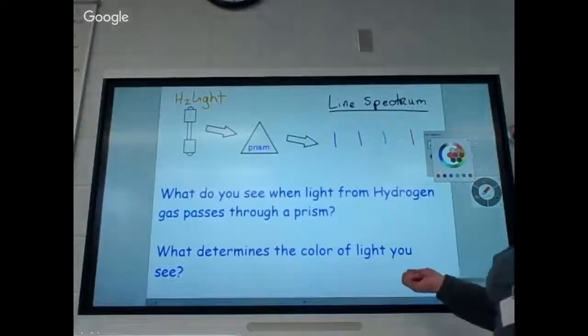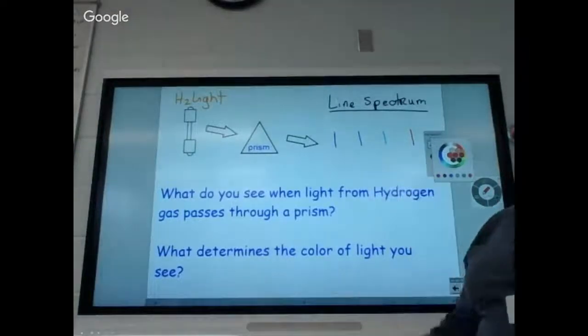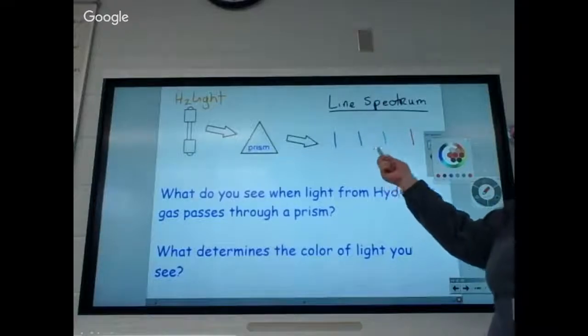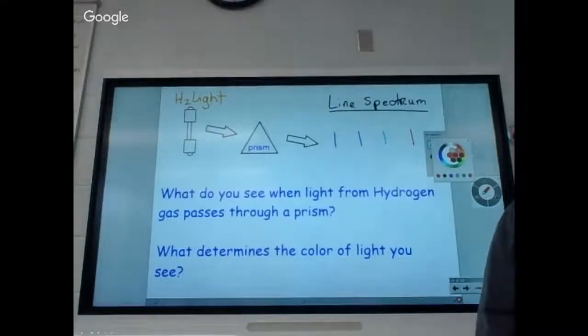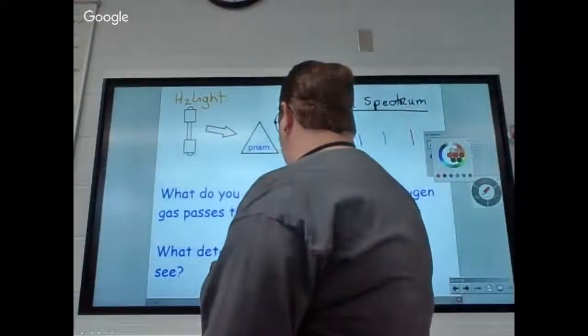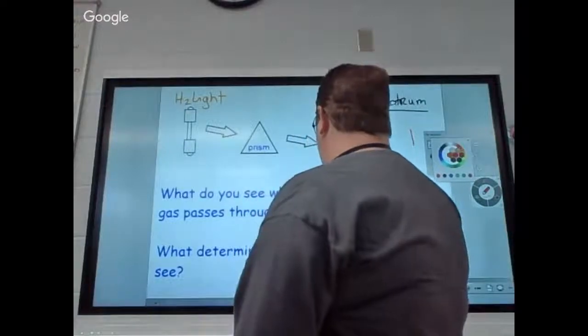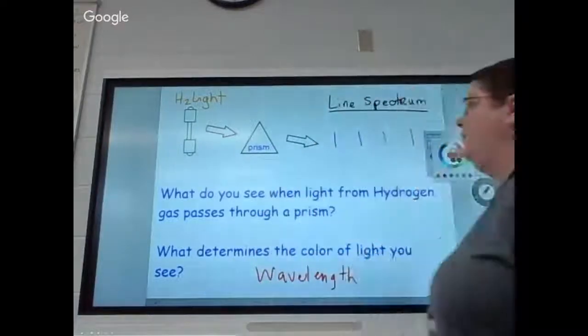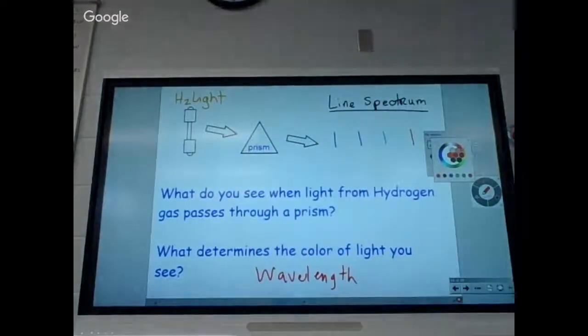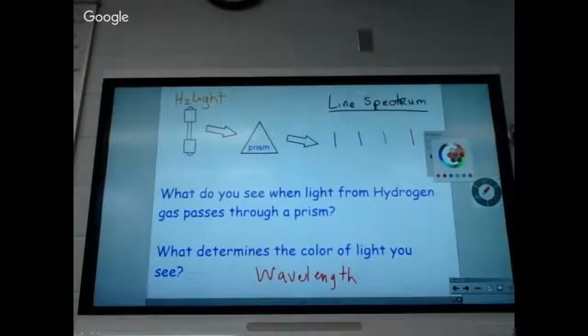No. What determines the color we see? What determines that we're going to get 2 blue lines, a really light yellow or blue-green, and a red line? Wavelength. It doesn't matter whether we're talking about the visible spectrum or one of these weird looking lights. Wavelength always determines the color that we see. Those of you who've taken art class and learned about colors that are absorbed and reflected, that's still all very valid. But the colors are still determined by wavelength. All right, does everybody have what they want off this? No. Hurry up.